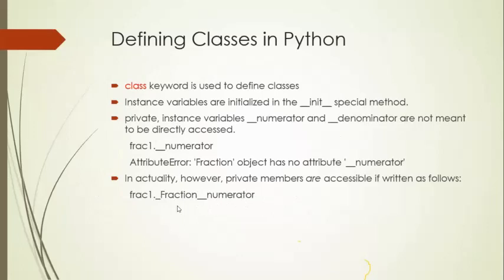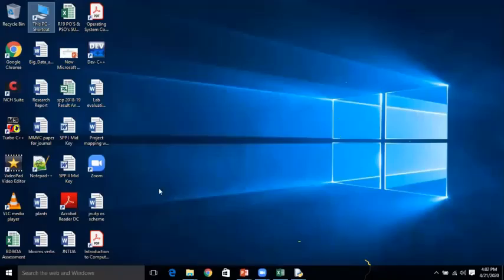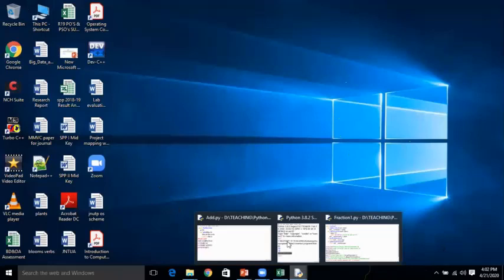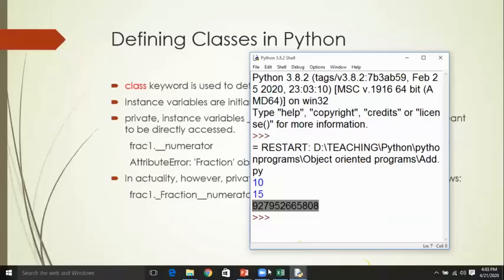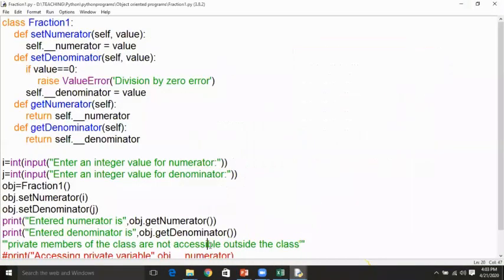I will go back again to this definition of the class. See here, if you want to access the private variables, then there is a flexibility.